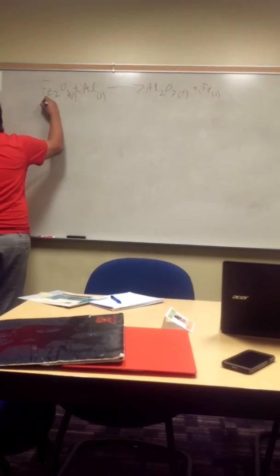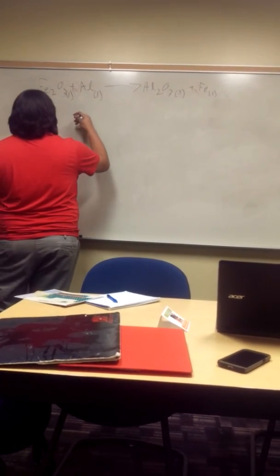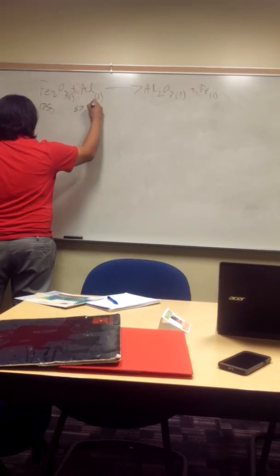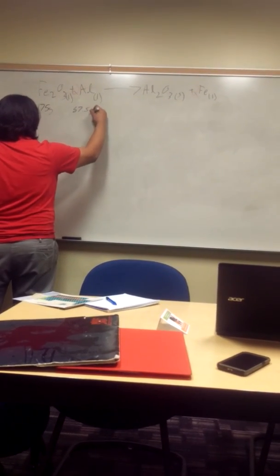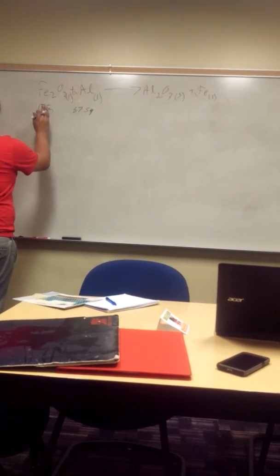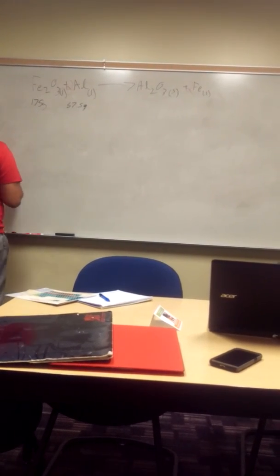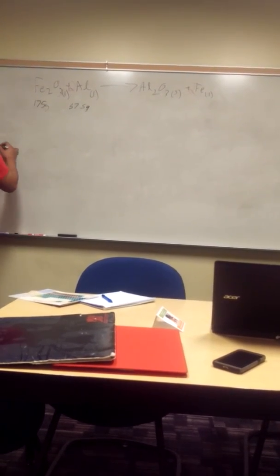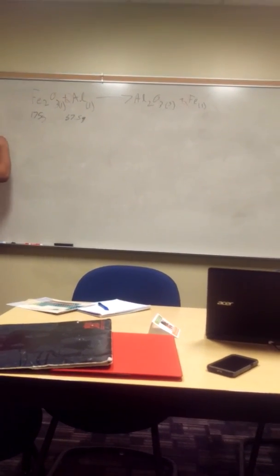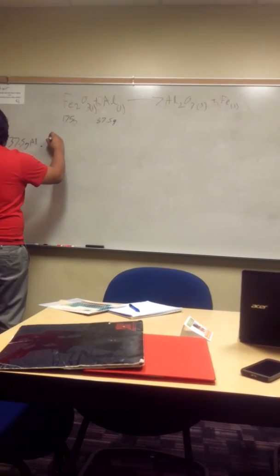We have 175 grams of iron oxide, and we have 37.5 grams of aluminum. Now I can't just say this is a limiting reagent because aluminum is smaller or iron is bigger. I actually have to work out the formulas. So first we'll work out with aluminum. We have 37.5 grams of aluminum, and we multiply that by 1 mole